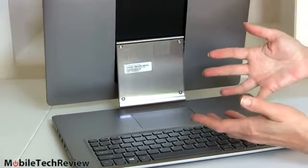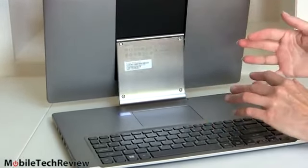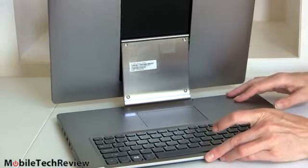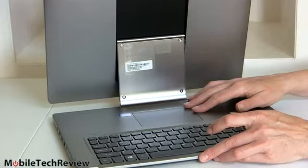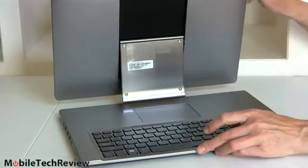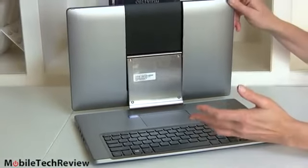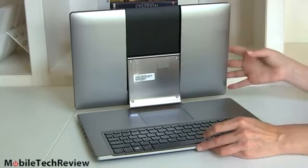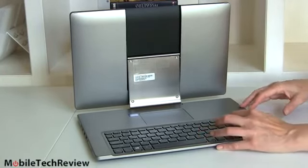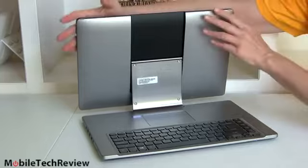And why does it do all these weird things? Well, it has a big old touch screen on it, and using this with Windows 8 and touch, it makes it versatile, not unlike the Lenovo Yoga 13, which is certainly a little bit of a risk taker there in terms of design. This guy has even more positions. Now, this seems odd. Why would you want it this way? That's because if we turn it around, you'll see that it's in presentation or kiosk mode. So if we turn it around,